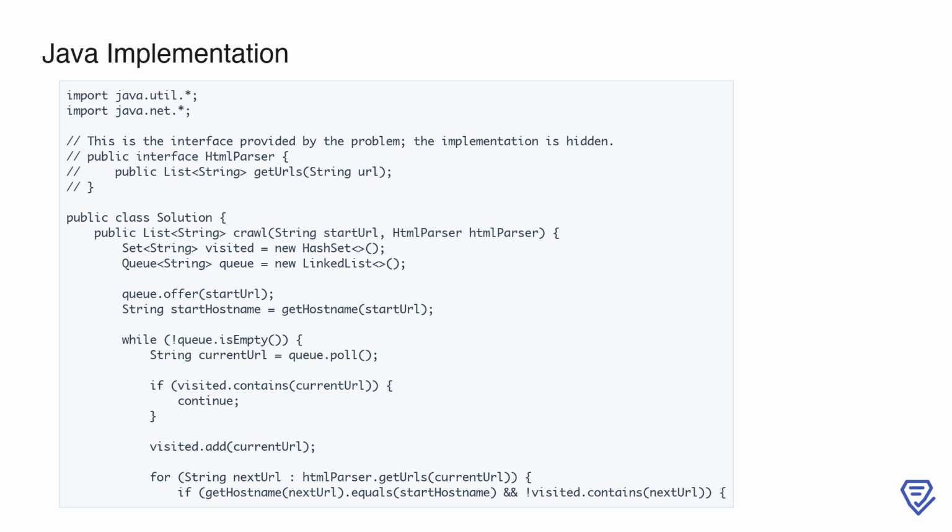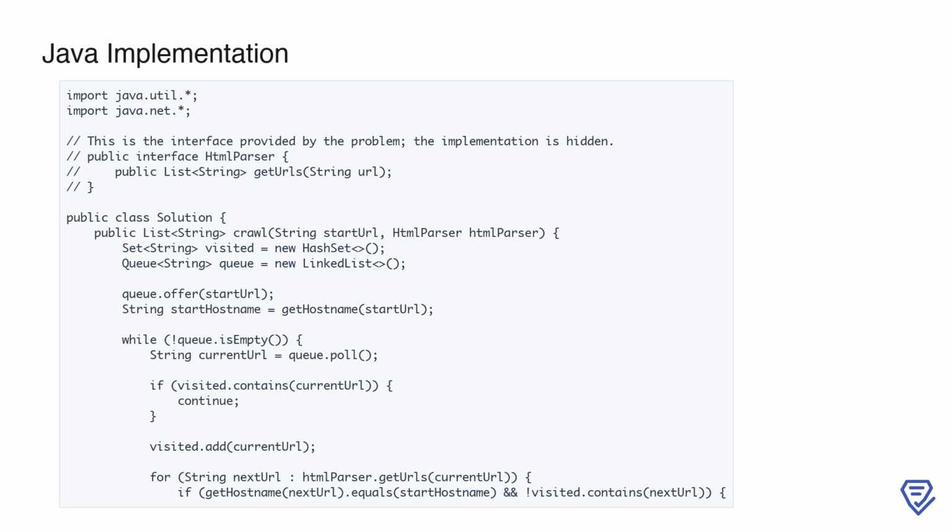The implementation of this interface is hidden, so we only use it as described. In our solution class, we define the crawl method, which takes a start URL and an instance of HTML parser. We initialize a set called visited to track the URLs we've already processed, ensuring we don't revisit them. Additionally, we use a queue to handle URLs in a breadth-first search manner, starting by offering the start URL to